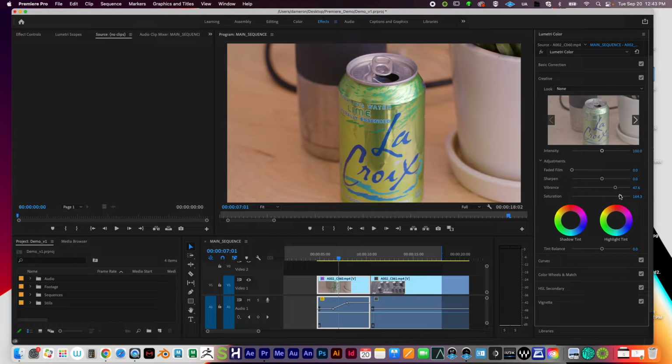Vibrance more focuses on the already colorful aspects of the scene. Yeah. While saturation just turns up everything. Yeah, that's my general understanding of it for sure. And